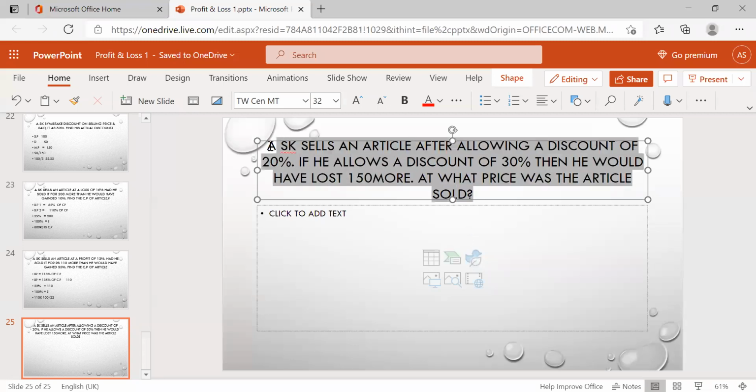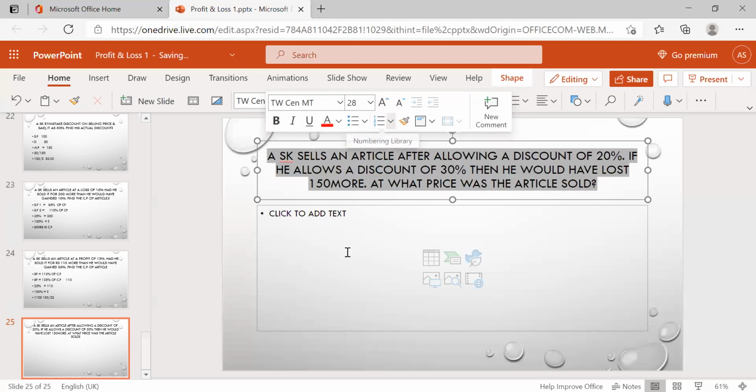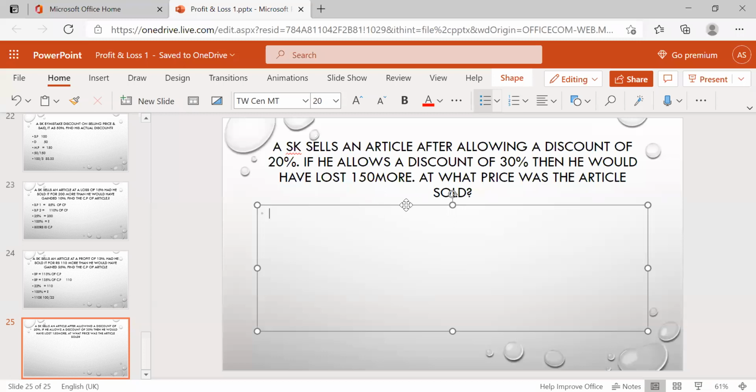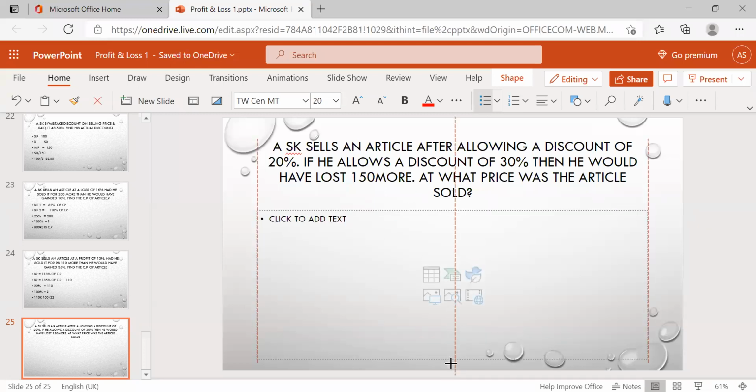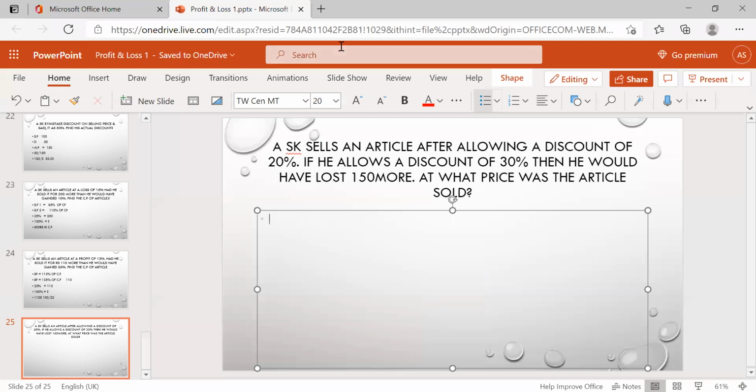See here, they are asking based on the discount actually. Now see the same process we are doing here also. We just observe that process, how we are going to apply. That's good enough. First selling price is nothing but how much discount he gave? 20% discount. On which price? So remember, always discount is calculated on market price. So 20% discount is nothing but equal to 80% of mark price. Am I right?